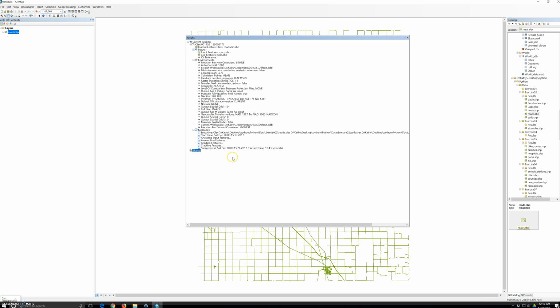If an incorrect parameter is specified, an error warning appears. So pausing your pointer over the icon shows a brief description. Clicking the icon brings up a more detailed error message. In this case, the input data does not exist. Sometimes a warning message appears indicating that running the tool may lead to undesired results. A warning message does not prevent the tool from running, but it may warrant taking a look at the warning prior to running the tool. In this case, the output data set already exists and